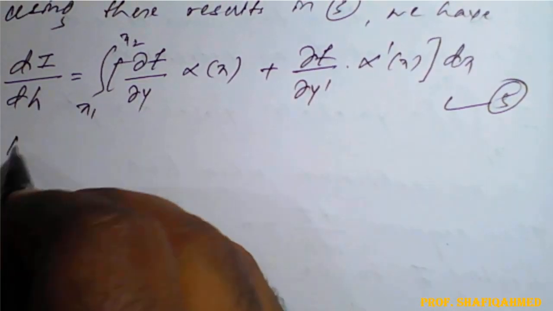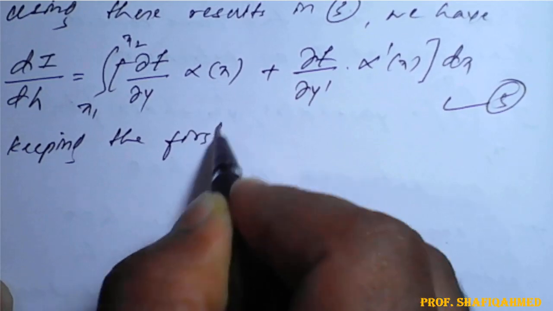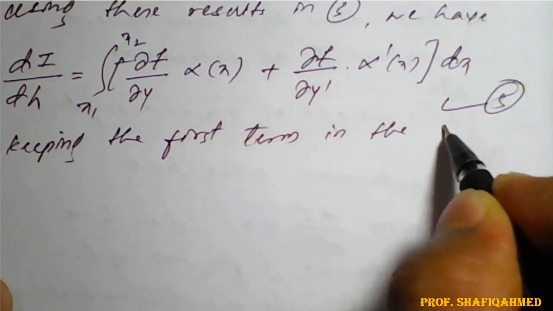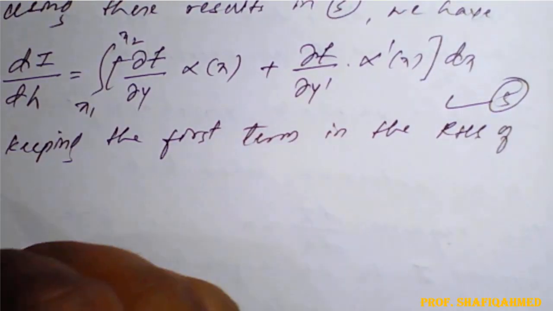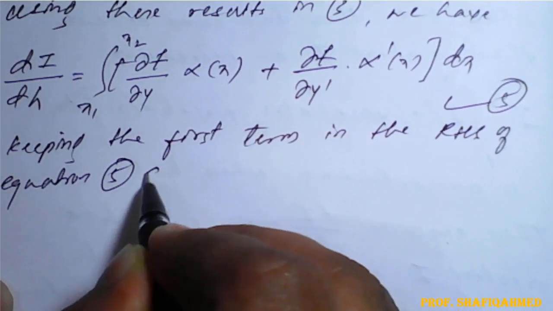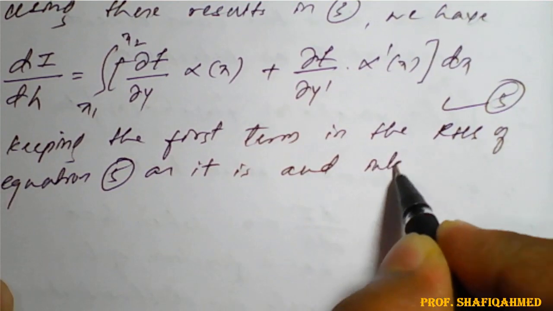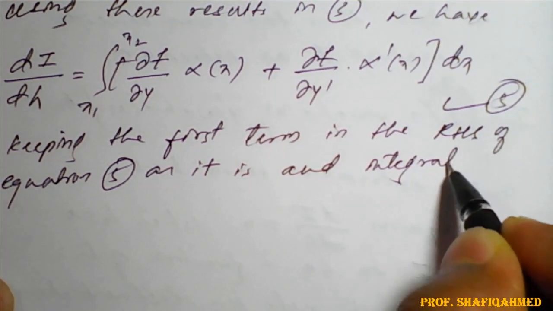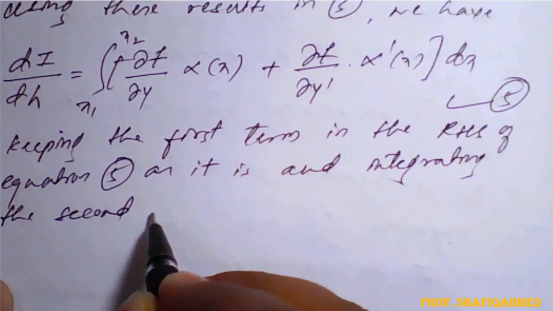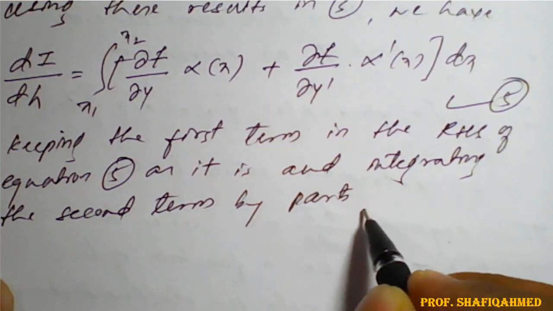So what we'll do here, keeping the first term in the RHS of equation 5 as it is, and integrating the second term by parts. We have,